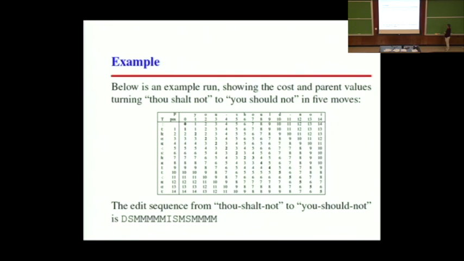"You shalt." What else do I have to do to make it "you should not"? The A I can substitute to an O. And then what else do I need to do? I need to insert a U, right? So that's an insertion. And the T I'm going to substitute and replace with a D. Does everybody see that it's 5 changes to go from "thou shalt not" to "you should